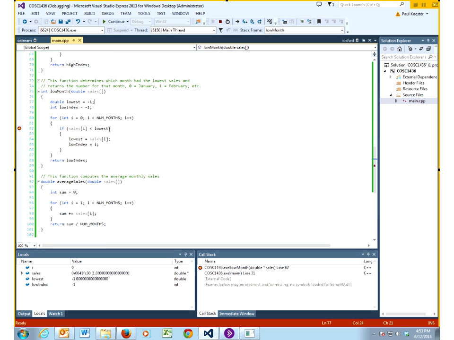So now we're going to do this if statement. And we're going to check to see if sales sub I, and we can look here, it's showing us, by hovering over it, that sales sub 0 is 1, and we're going to check to see if that is less than lowest. Is 1 less than negative 1? It's not. But are the sales ever going to be less than negative 1? No, they're not. So setting the lowest value, I should say, setting lowest to negative 1